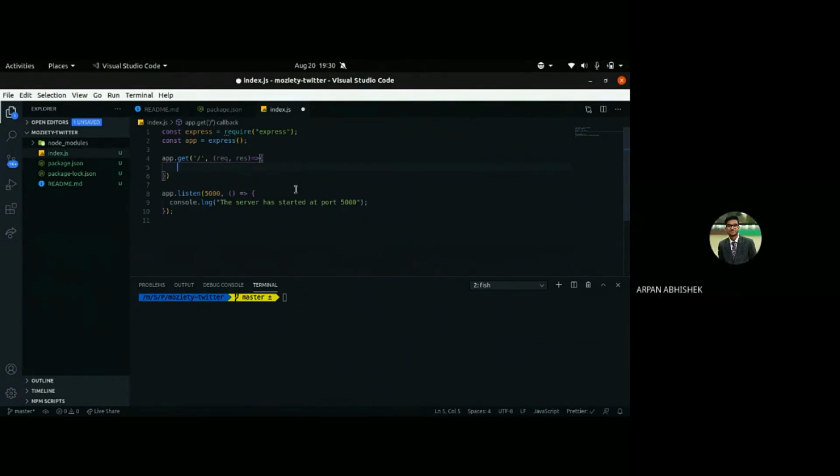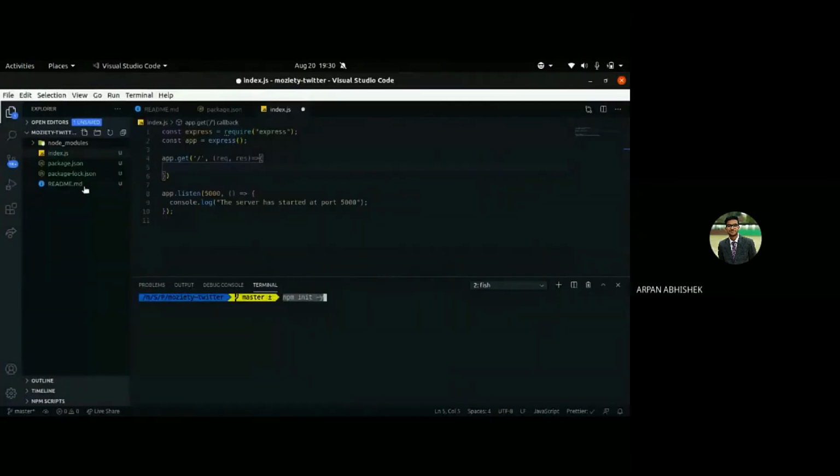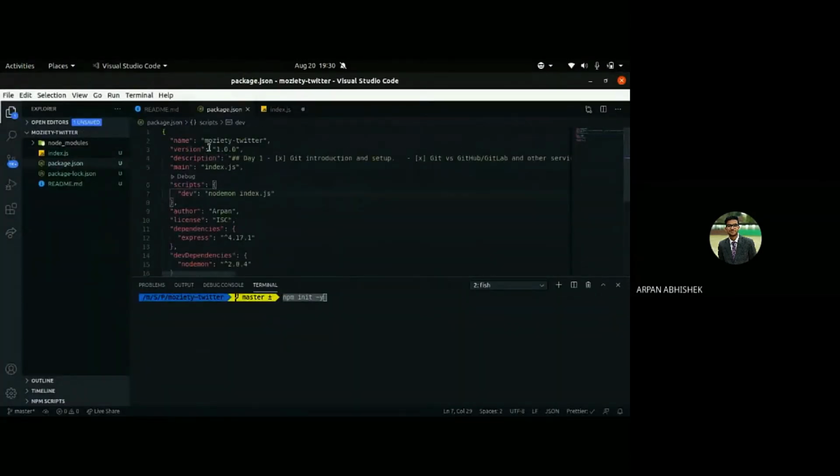And one cool thing, if you don't want to waste that time, you can simply run npm init -y. It will take all the default settings, and you can go ahead and manually change all the settings you need. Okay, so it actually took the readme file. We didn't give a description, so that's no problem.